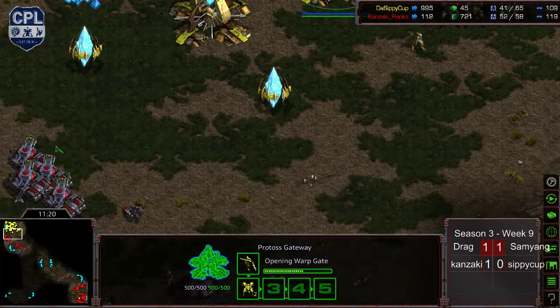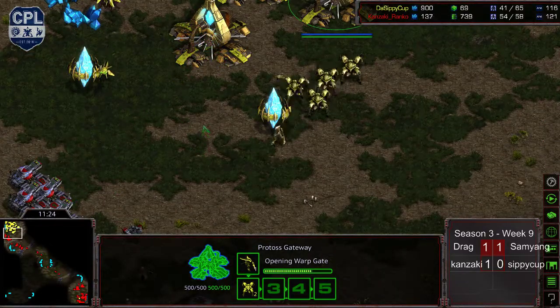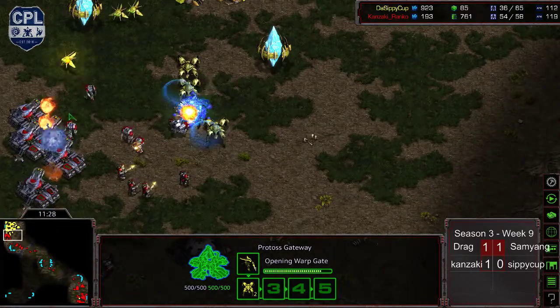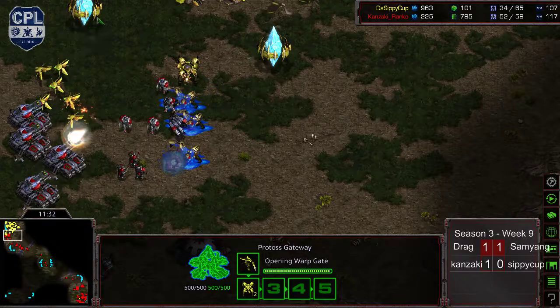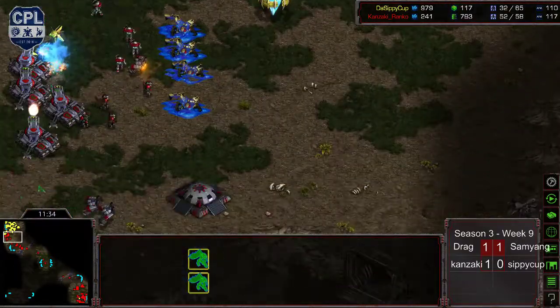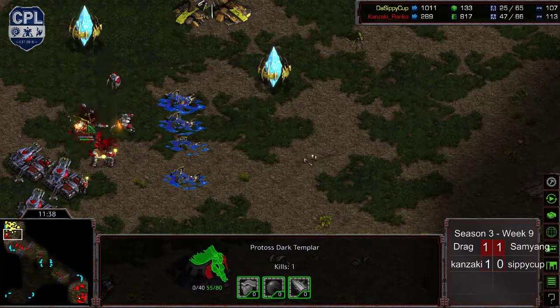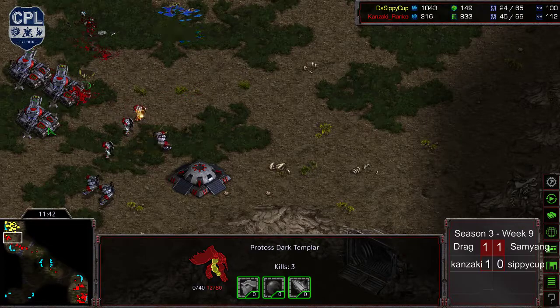Ooh. And SippyCup sees this. Tanks are already shooting down the probes. This is kind of a nightmare situation. Okay, the DTs are out. If he sends the DTs in right now, he might not... Oh no, he sees it immediately. Okay. Well, I thought maybe there was a chance, but...